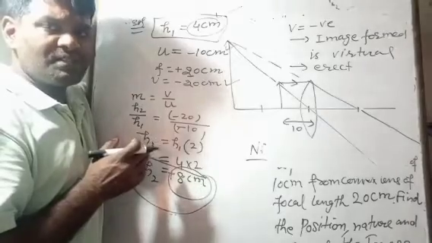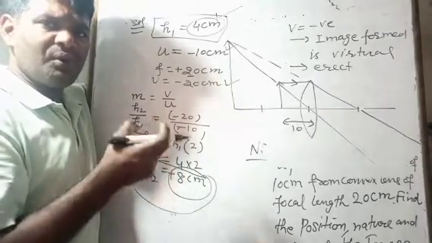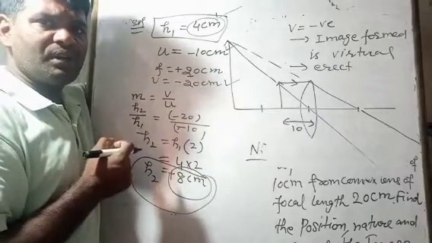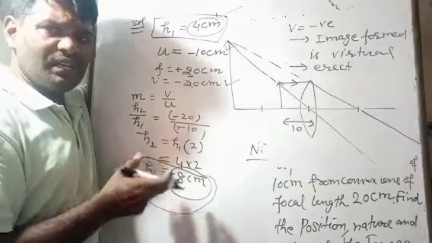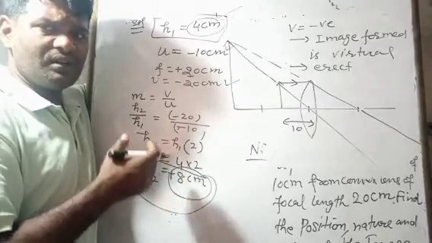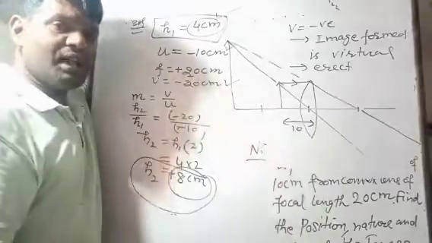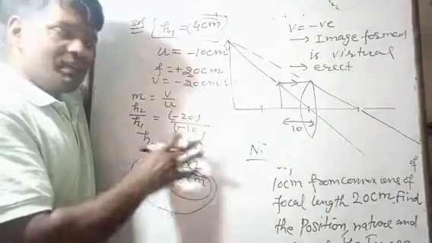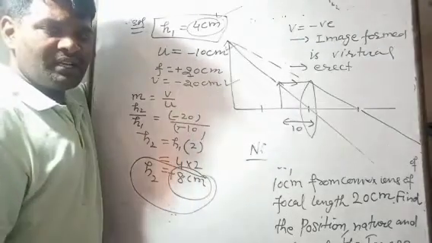It is also asked to you. Such questions are also put to you, beta, in exams, and in your book also you will see, and in different helping books you are using, you will find that if image is like that, distance of object is such that, focal length is such that, then show it with the help of a ray diagram. So we have shown our observations with the help of ray diagram.